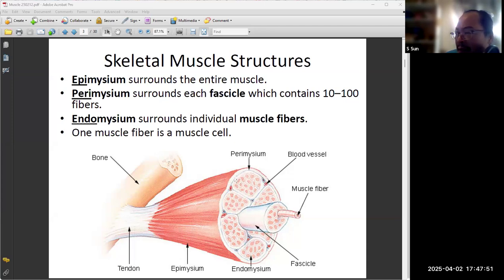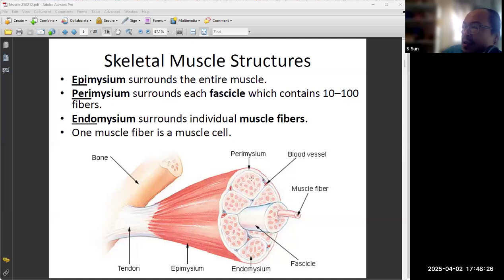So perimysium bundles many muscle fibers all together, and these are longitudinal muscle fibers all together. And this compartment within each perimysium is called a fascicle right here. So fascicle. Now, fascicles include many muscle fibers. Each muscle fiber is a muscle cell, and